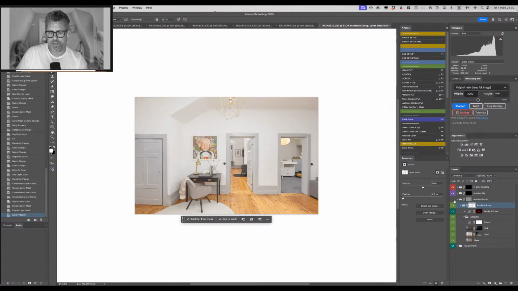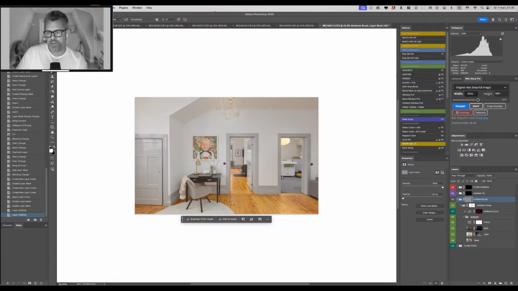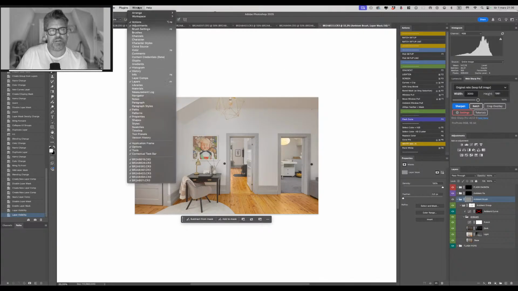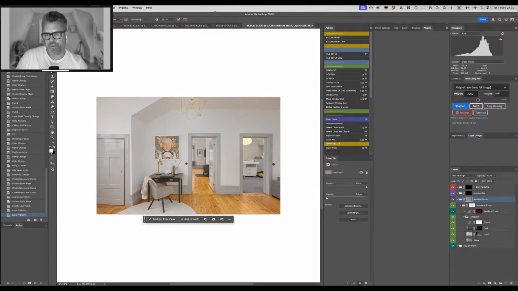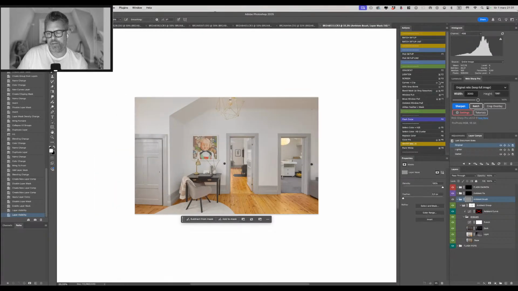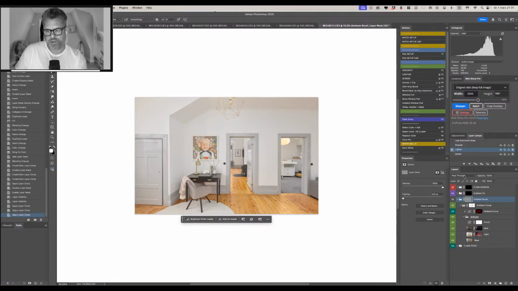Maybe the ambient in this one is a bit dark. I do have a layer comp in the action. It creates a layer comp for different states on the ambient file, which can make it a little bit lighter and a little bit darker. I think I will go for the lighter one in this case, and then just add a